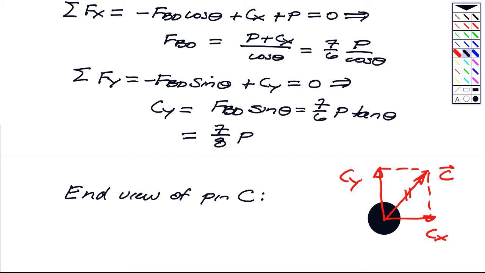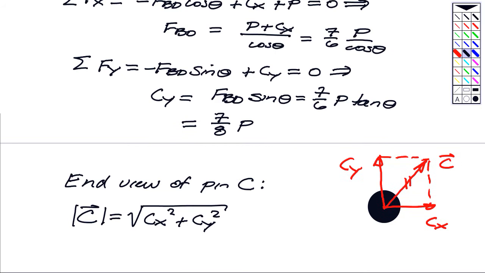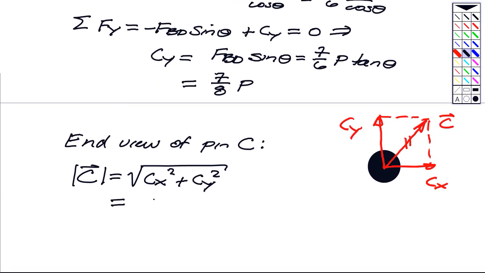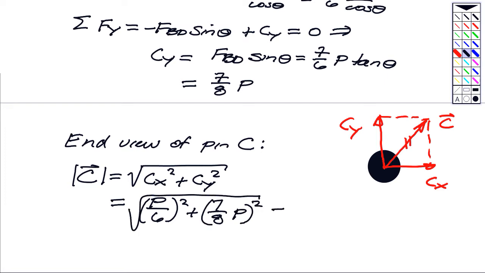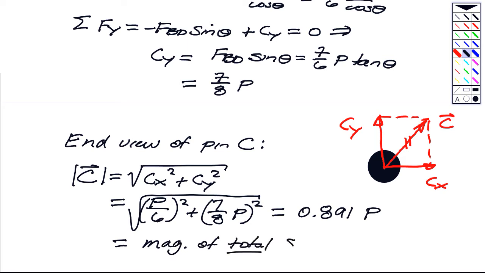The magnitude of C is the square root of the sum CX squared plus CY squared. CX we said was equal to P over 6, so that gets squared, plus we just found that the Y component was 7/8 P, and that is squared. This becomes 0.891 times P. So this is the magnitude of the total shear force